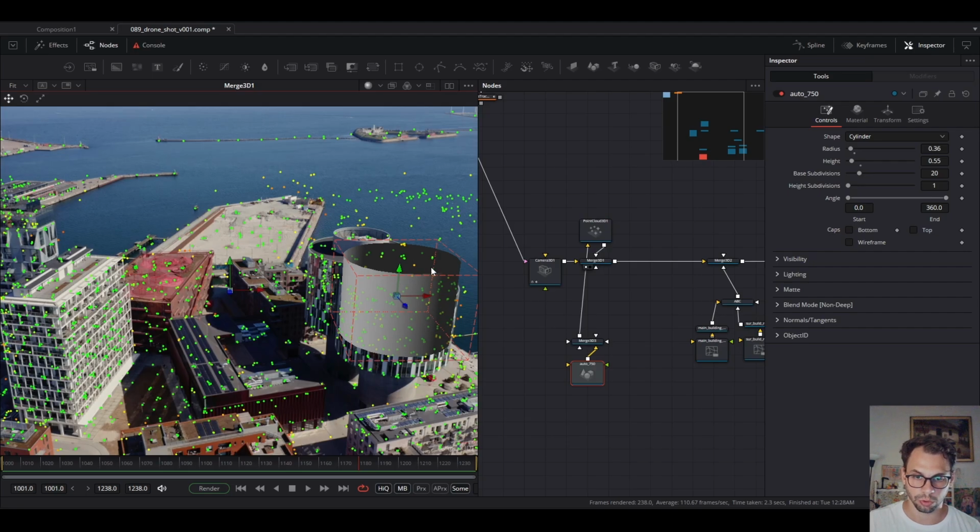Whereas my origin of this cylinder is the center of the cylinder. So it means that I have to adjust it slightly to put it approximately in the middle of the building